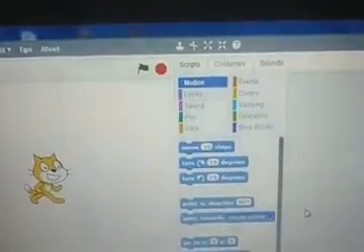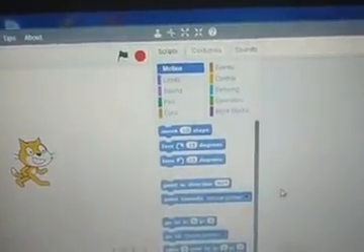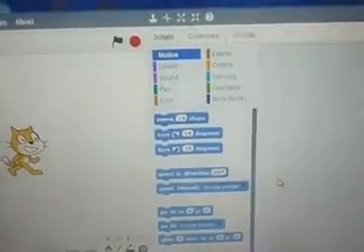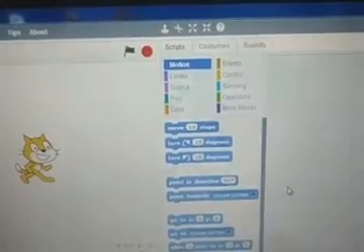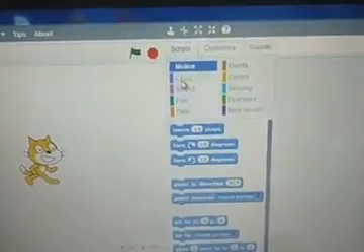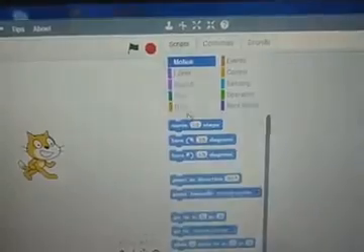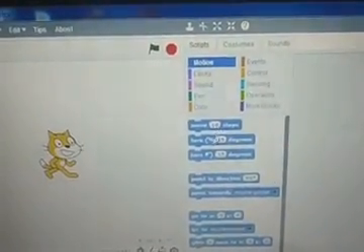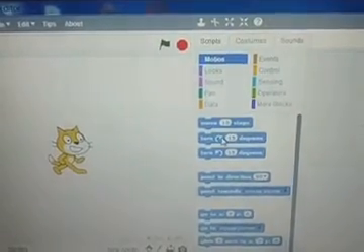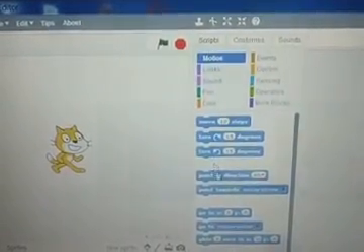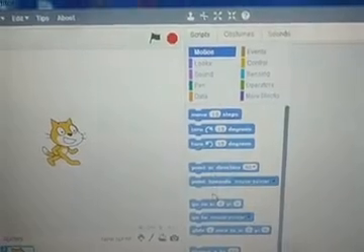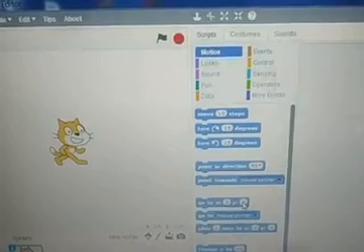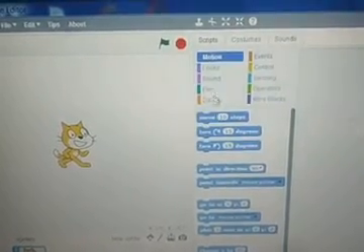As we can see, we have different categories of blocks belonging to the following block groups. The first one is motion. Under motion we can see move (number of steps, which we can click and modify), turn towards right, turn towards left by degrees, point in direction, and many more actions. Go to a particular location on the x-axis and y-axis.